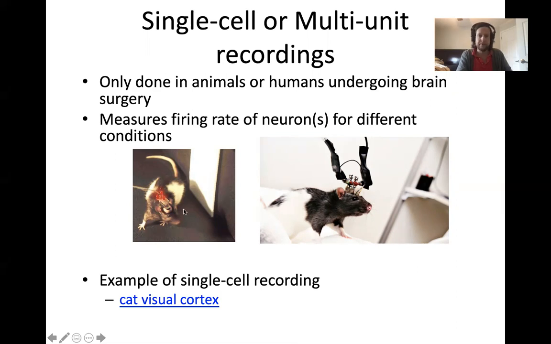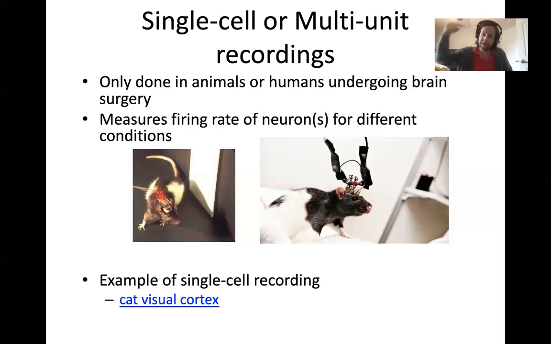What the researchers do is, they'll give a shot of some anesthetic, which will put the animal to sleep. And then usually they'll shave off the top of its head. And then they'll drill holes into its skull while it's asleep. And then they'll insert probes, and then they'll place cement around the probes, and that cement will dry. And then later on, they can stick electrodes through those probes, and then they can measure electrical activity, which is coming